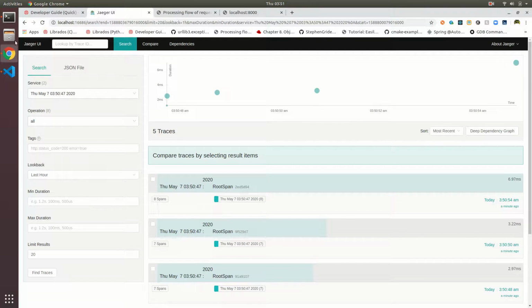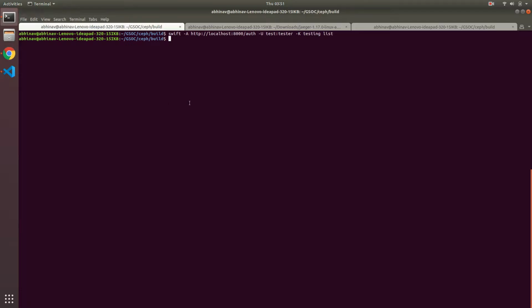And let us make one more request of uploading a file to the Rados gateway. I am uploading a file test.py in my current folder to the container named Abhi here. So let's do it.